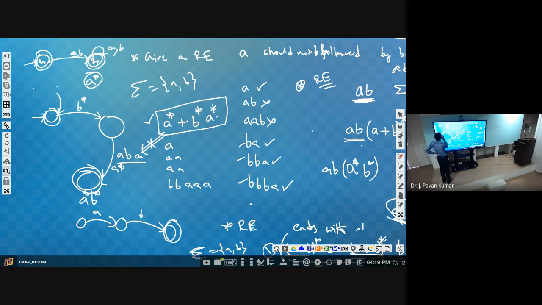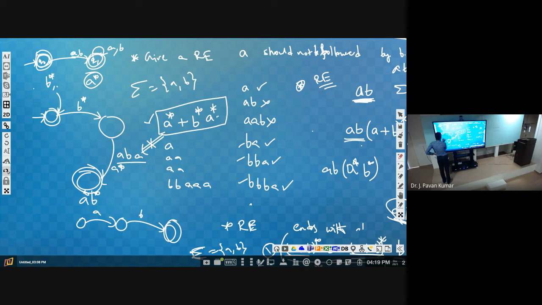Next, this one you consider as A comma B. Now B star accepted or not? B star in the sense zero number of A's, zero number of B's also can be possible. So B star in the sense zero number of B's, so it will be in final state only. So it is accepted. Next 1B, then we will reach Q1. Then also it is accepted. 2B's, then also it is accepted.